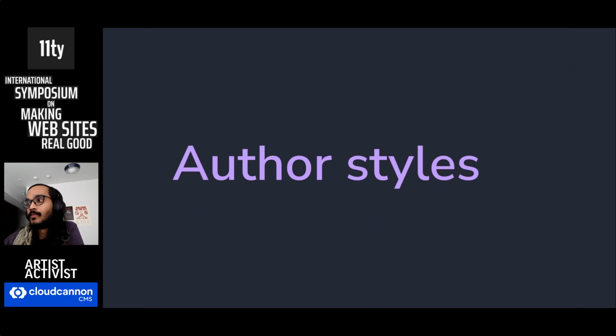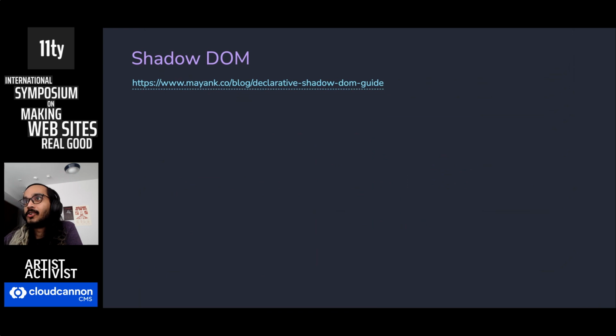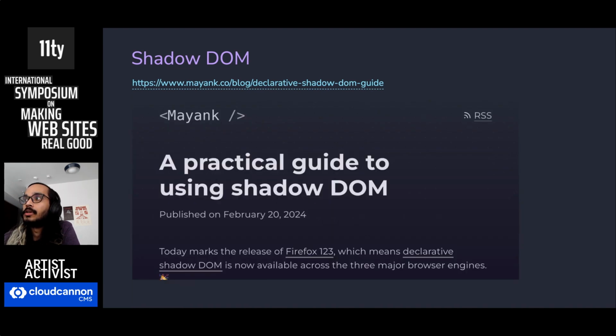This is the more interesting part. This is where the party happens. Before that, though, I just want to talk about Shadow DOM real quick. Bear with me. If you're not familiar, Shadow DOM allows you to attach an internal DOM tree to an element. And this internal tree can have any arbitrary DOM structure, which is hidden from the main DOM. And yeah, so that unlocks some cool things like encapsulated styling. And even if you don't like using Shadow DOM directly, which is totally understandable, it's still good to know because many built-in elements use Shadow DOM underneath. And I've written this handy blog post if you want to learn more.